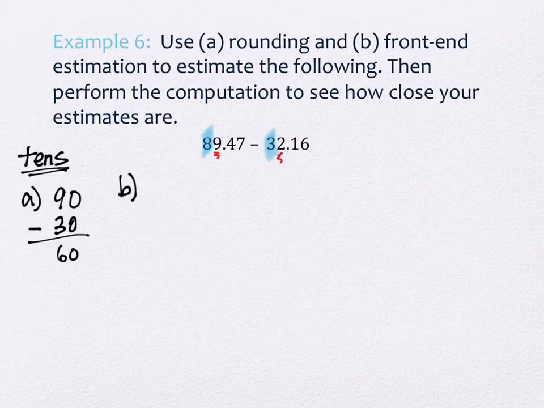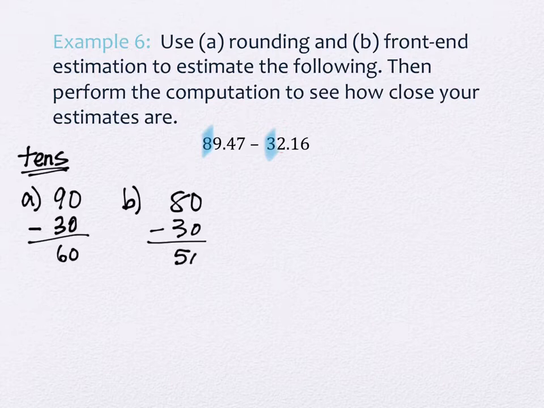B says that we're going to use front-end estimation. So let's actually look at what front-end estimation does. Front-end estimation says, again, look at the 8 and the 3. They're highlighted in blue here. But I don't care what comes next. The 8 stays an 8, so it becomes 80, and the 3 stays a 3, so it becomes 30. Okay? That's what front-end estimation does. It just leaves the number the same and zeroes everything else out. We do the subtraction. 80 minus 30 is 50. So our methods of rounding or estimation here, rounding versus front-end estimation, don't always yield the same answer,